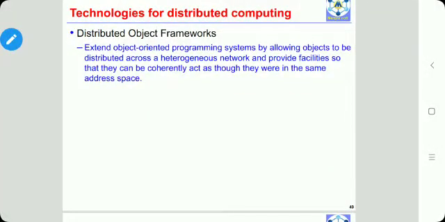Dear students, in the last section we have seen remote procedure call, which is the technology for distributed computing. In this section we will see distributed object framework, which is the second technology for distributed computing. So distributed object framework extends the object oriented programming system by allowing the objects to be distributed across a heterogeneous network. Heterogeneous means that objects are distributed across different types of networks, and it provides the facility so that